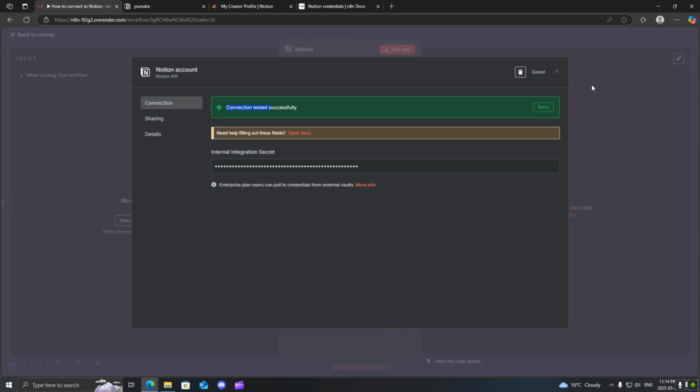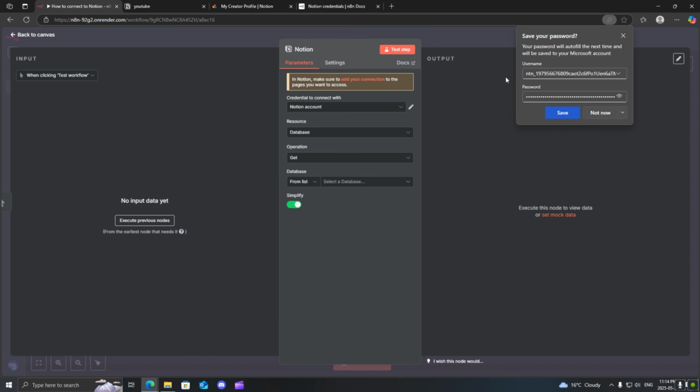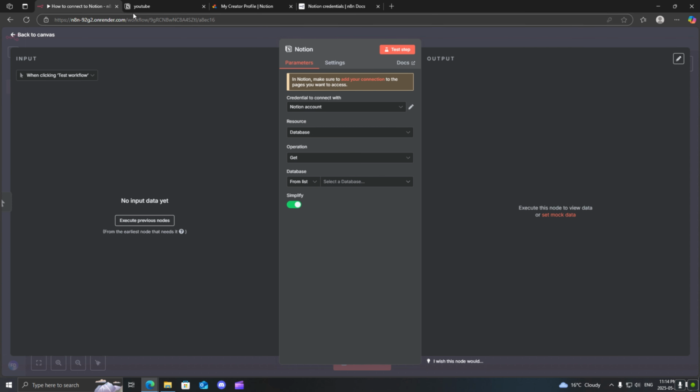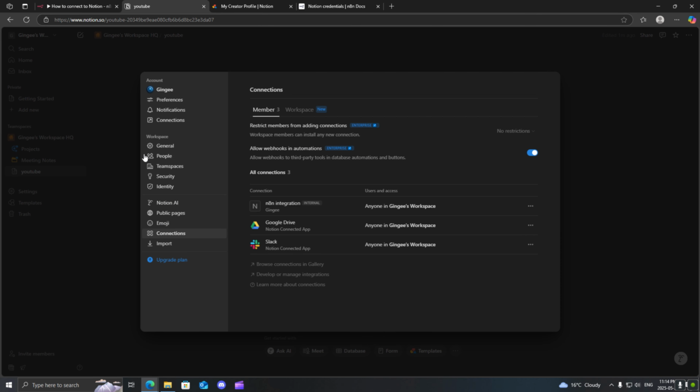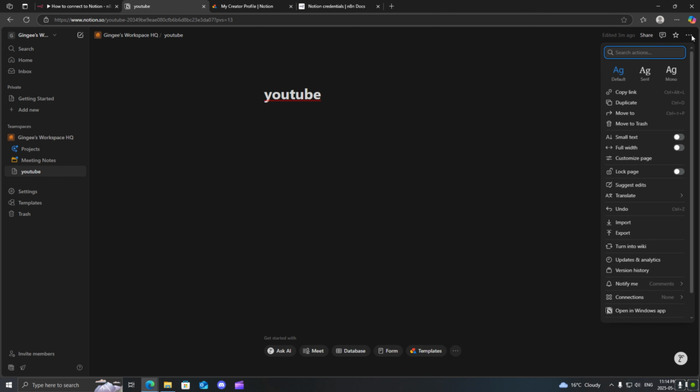Now you don't automatically get permission to work with Notion. First, what you need to do is you need to come back to Notion and you need to select what workspace you want it to work with, or I should say page. So say for example, I created this page that just says YouTube and I want to use this in n8n. So what you need to do is you need to make sure this is selected,